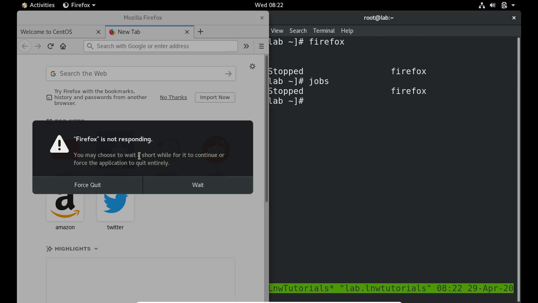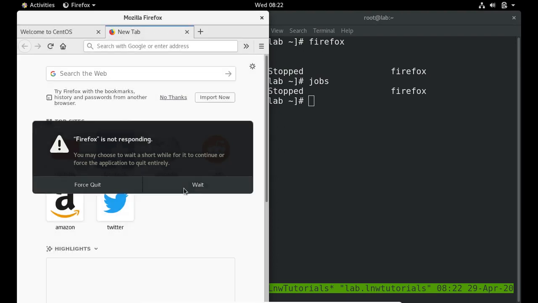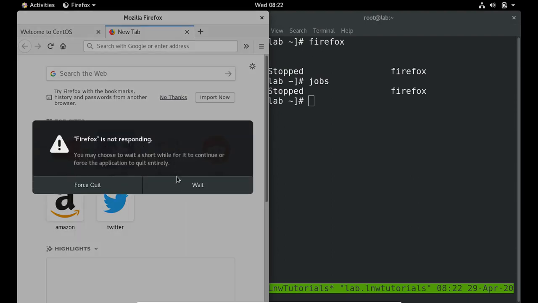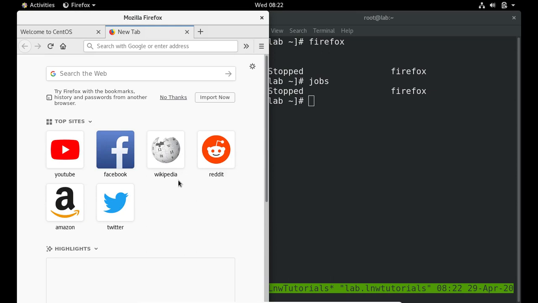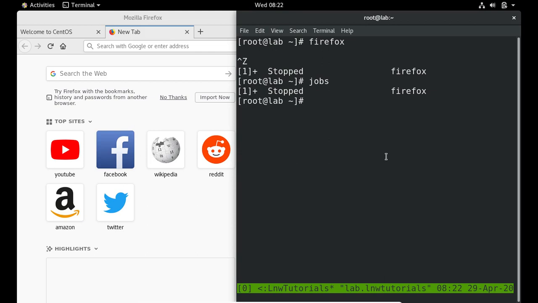Let me validate here. Just go to Mozilla Firefox and wait. I'm hitting for a new tab, but it's not letting me, because it's temporarily in stopped mode and will not execute. Well, now I just run another command, cheese, for the camera.